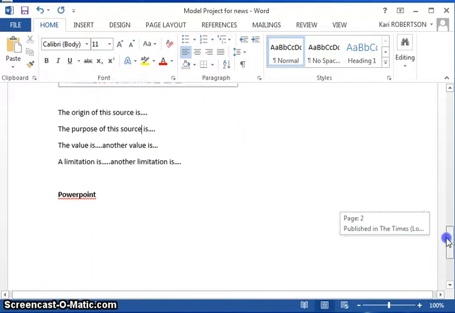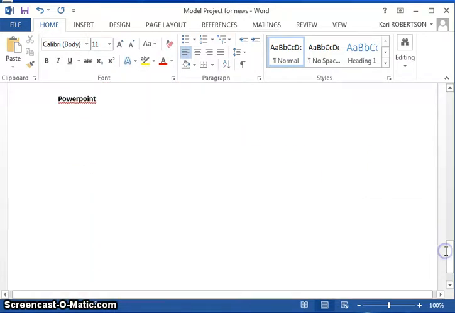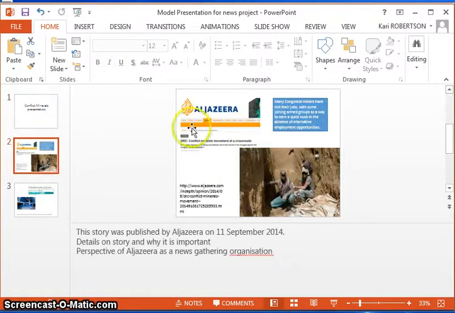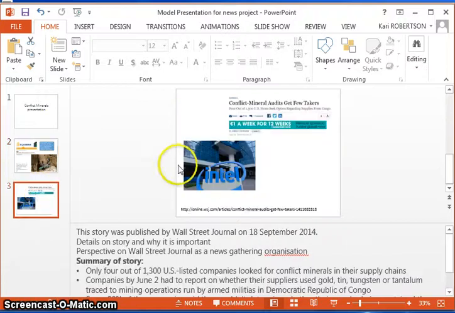The other thing that needs to go into the PDF then is your PowerPoint. So what you need to do is open up your PowerPoint, and I've got my 3 slides here. Obviously mine's a little bit shorter than yours, and I have my first slide about the Al Jazeera news story, and I've talked a little bit there about why that's important, who Al Jazeera is, when the story was, and then I'm going to give a little bit more detail on my second news story from the Wall Street Journal, and I've got my notes down here for what I'm going to say